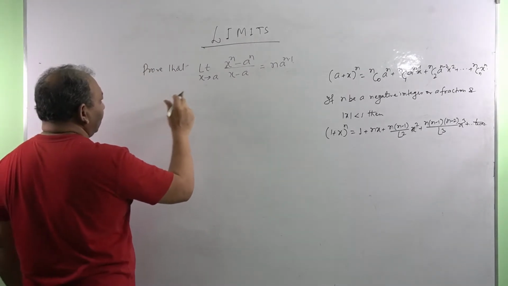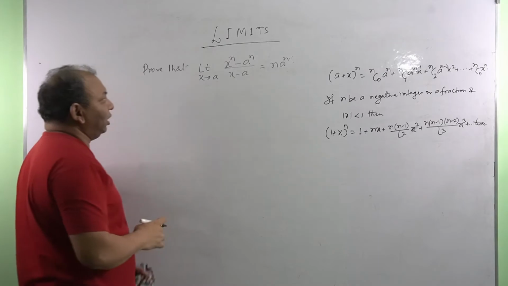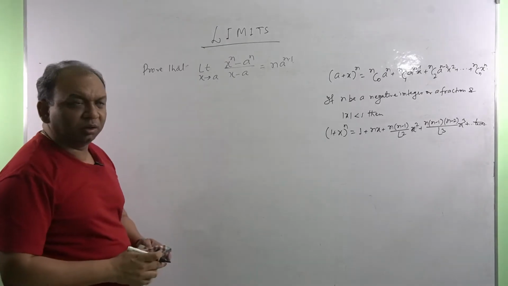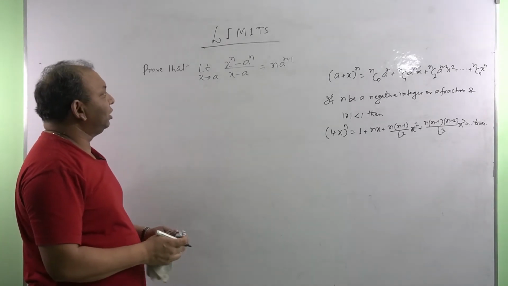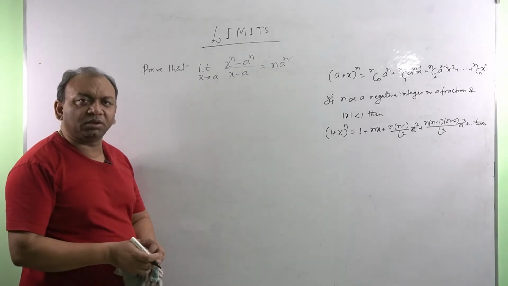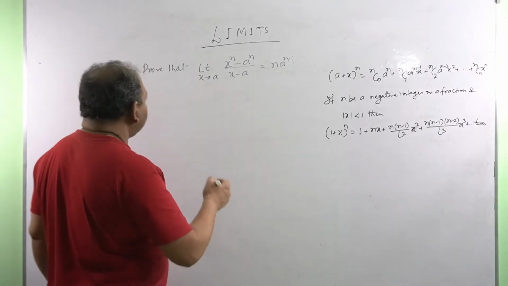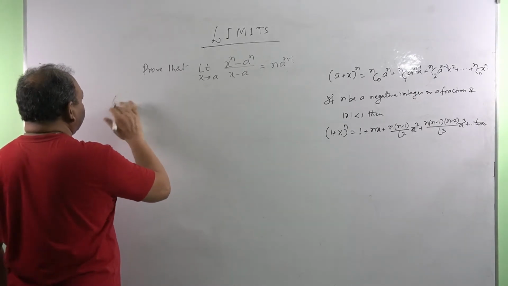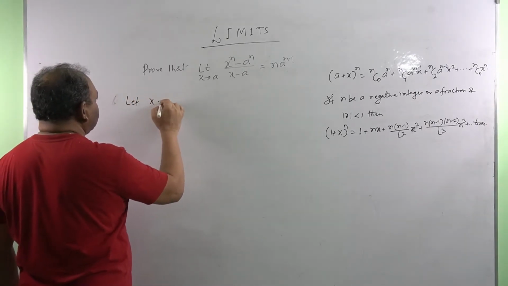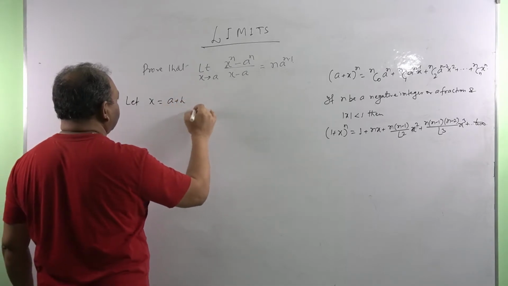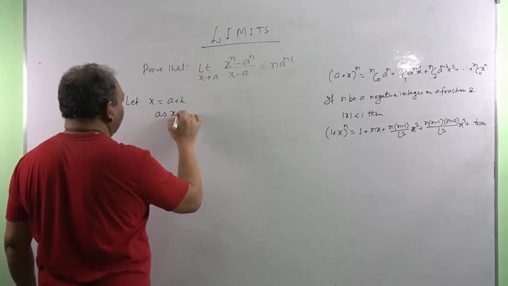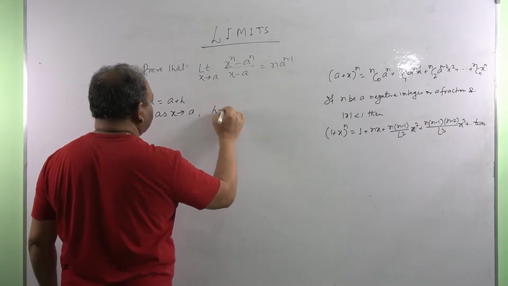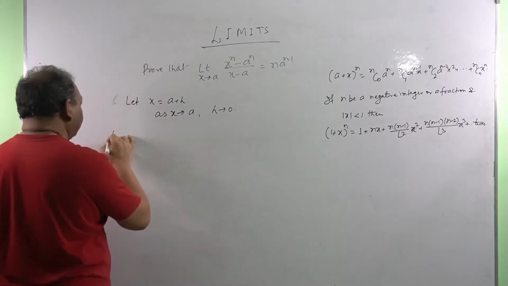Since x tends to a means x is not equal to a, we can substitute either x is equal to a plus h or x is equal to a minus h. So let x is equal to a plus h. As x tends to a, h tends to 0. Now